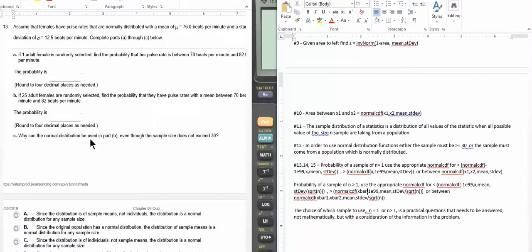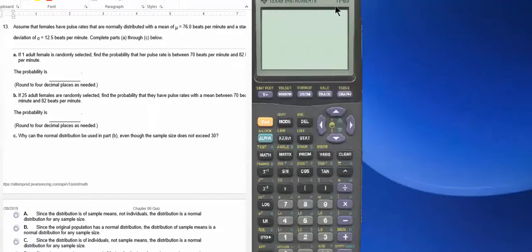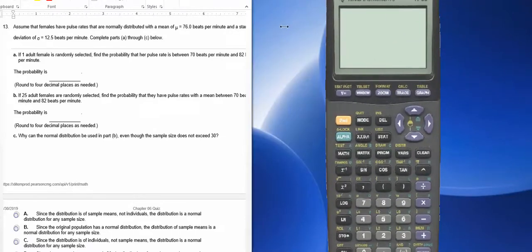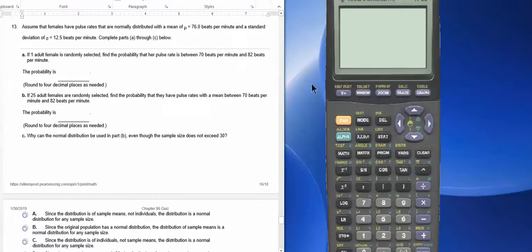And so, for example, number 13, if one adult female is randomly selected, with a pulse rate between 70 and 82 beats per minute, part A, they want to know the probability. So watch what happens here on the calculator. The problem is very much like what we've already done, okay? But watch what happens here. Let me get the standard deviation. I want the probability, so I'm going to go to second, turn this on,